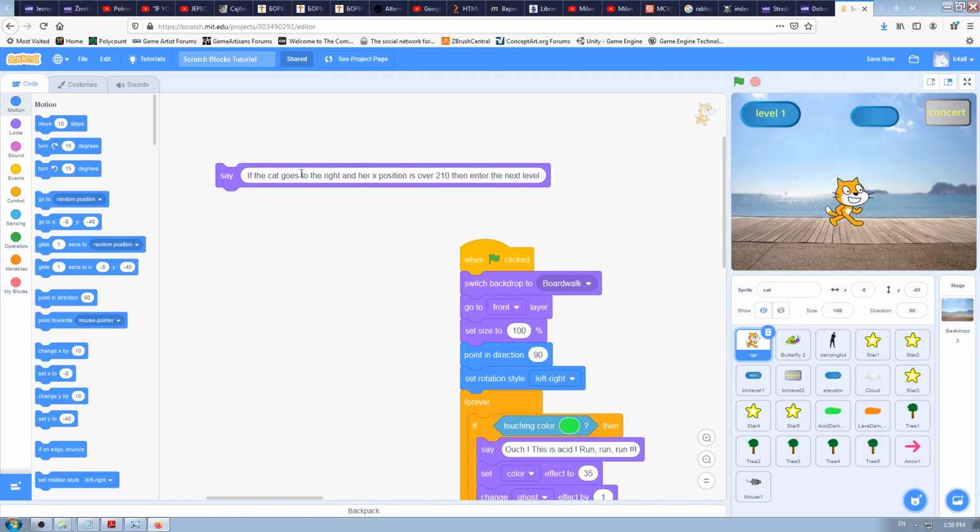Okay, so if the cat goes up over -40 y value on y-axis,